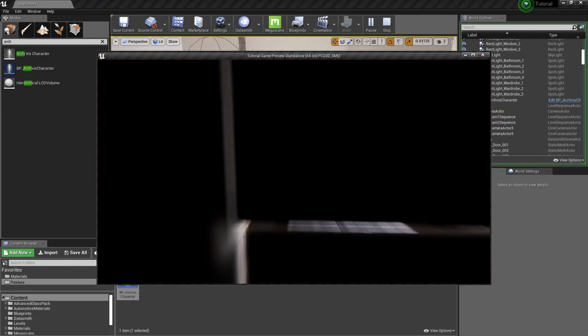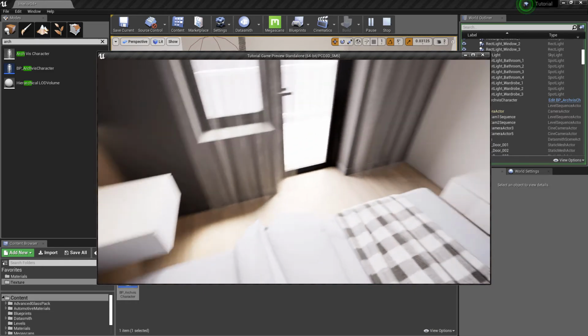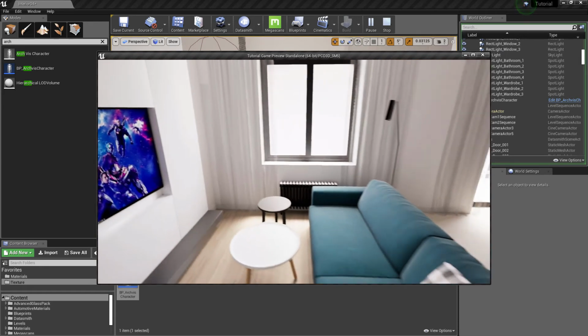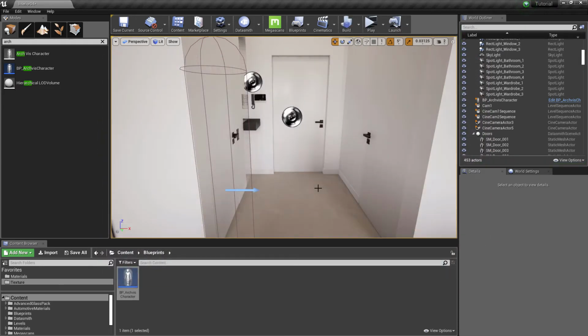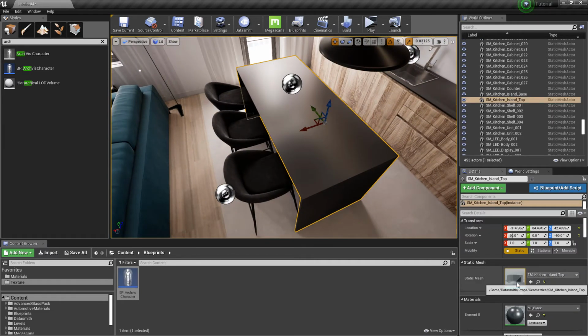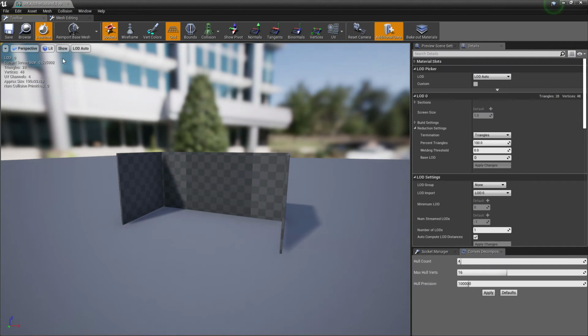We still need to add collisions on the asset so our character cannot pass through everything. Let's add it to a few for now.